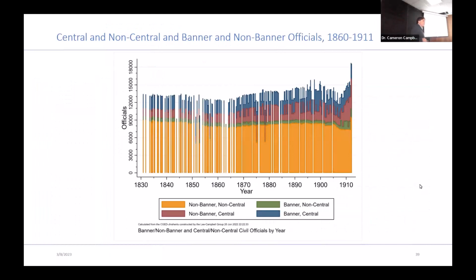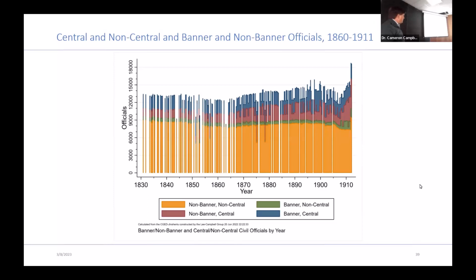And just a quick example of what we can do with this data: we can do compositional studies of the Qing state. The closest, I think, is Tom DePreet, who had a book in the late 80s studying the American federal civil service, but there are not too many countries where historically you can just look at the composition of the entire bureaucracy or the state to really understand who ruled.